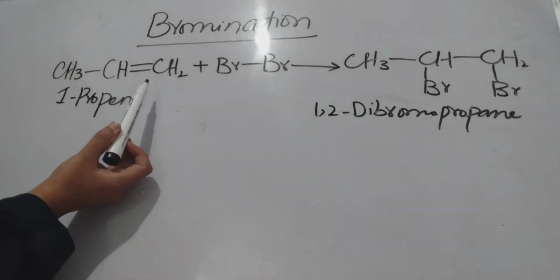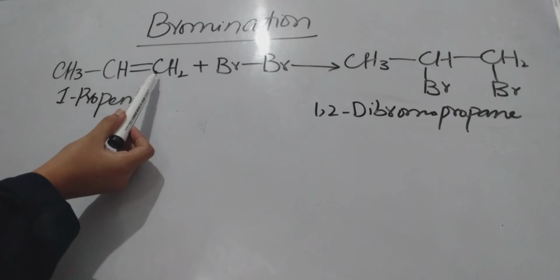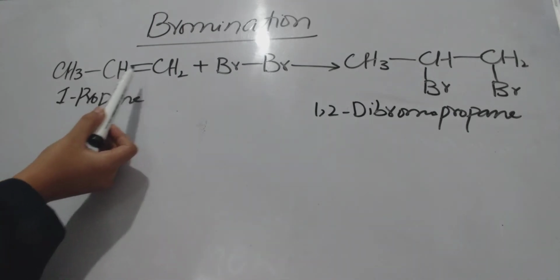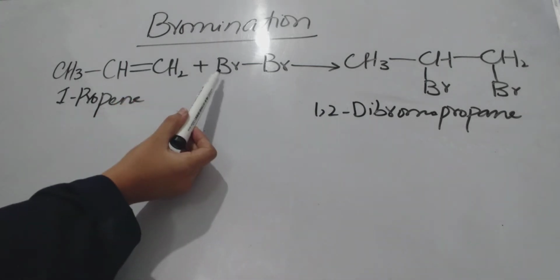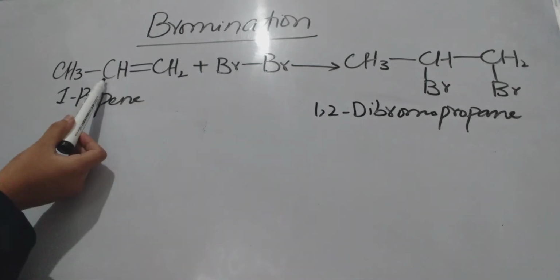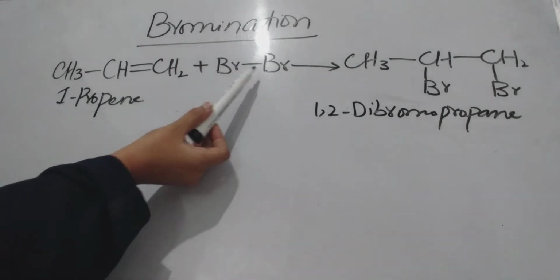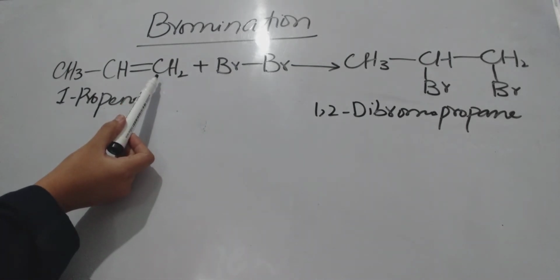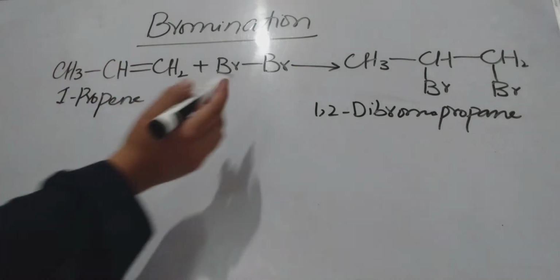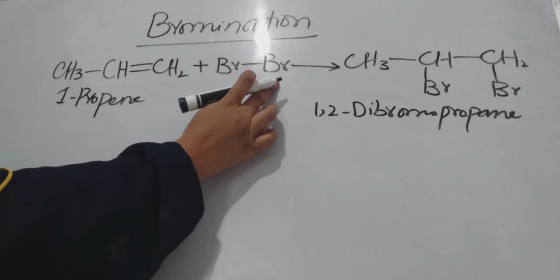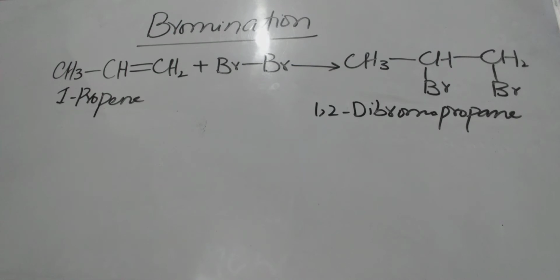As in my previous videos I have told that there are two carbon atoms, and across the two carbon atoms there is a double bond present, and one of the bromines will get attached with this carbon atom and another bromine will get attached over this carbon atom. Here Markovnikov's rule will not be applied, because it is a symmetrical molecule, therefore there is no need to apply the Markovnikov rule. Markovnikov's rule is for unsymmetrical reagent addition across a double bond.